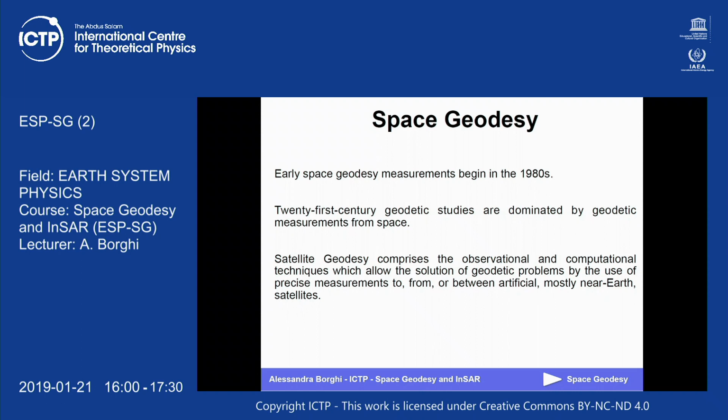Space geodesy means that we use satellites that could be artificial satellites, or can also be natural satellites. We can put instruments on the Moon or use quasars to perform measurements, as we are going to see. So it means that we want to improve the knowledge of the Earth, but using information coming from outside the Earth,